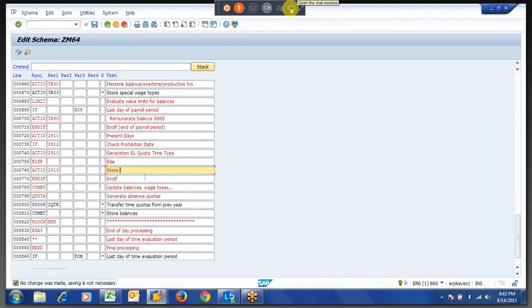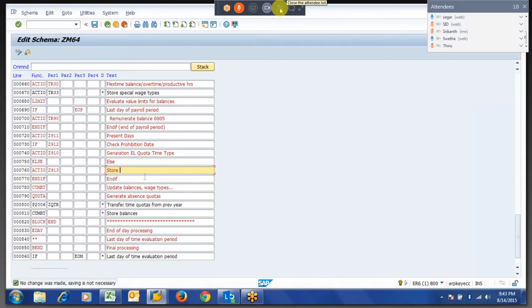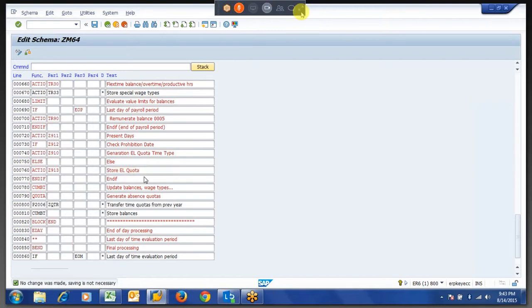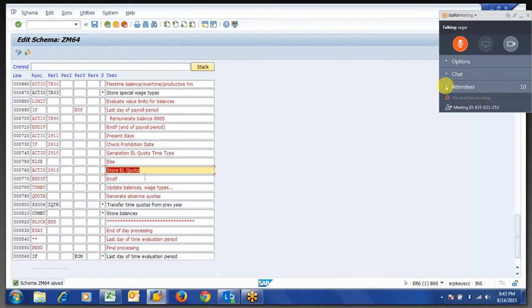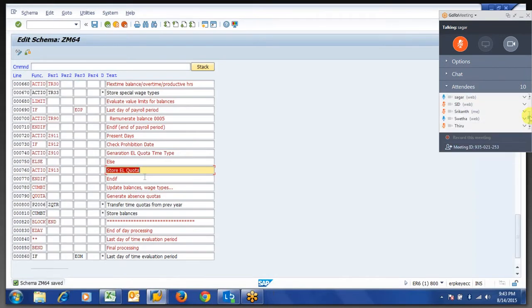One more question, Krishna. There are two PCRs, Z910 and Z913. In one of the PCRs we are adding to the month balance, and in the other PCR we are adding to the day balance. I'm just confused between these two. When we are not generating the quota, we are adding to the month balance, and when we are generating the quota, we are adding to the day balance, right? Can you explain a bit on this? The quota we are generating based on the day. I will show you in the log when it is.